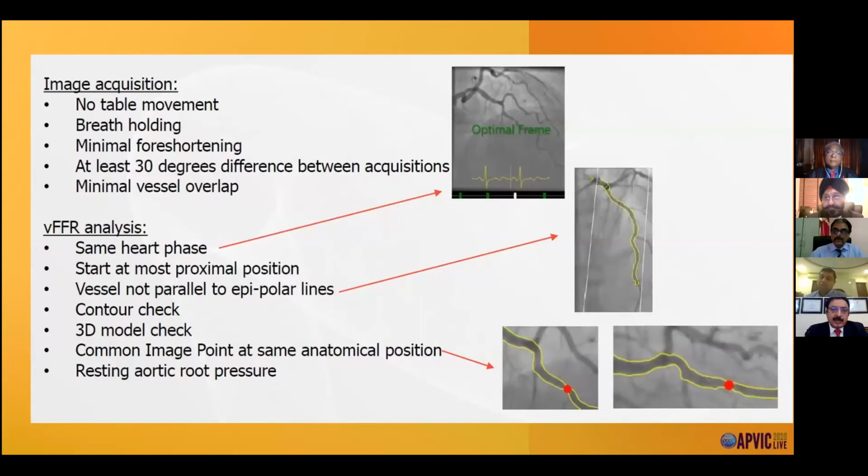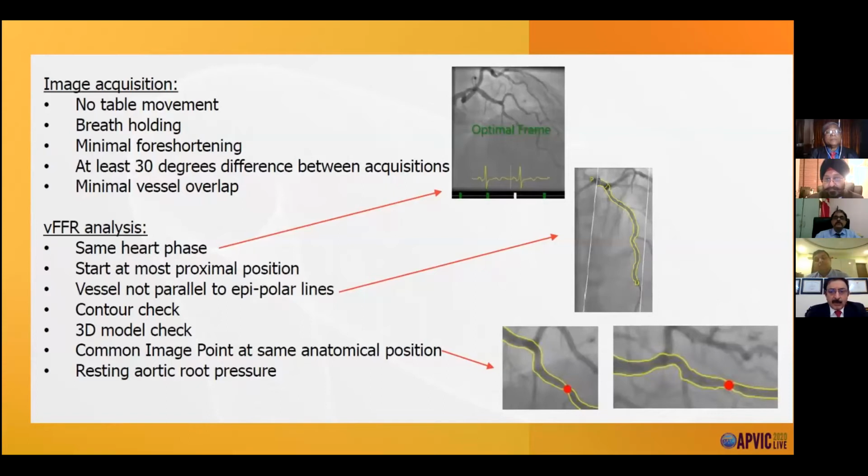And if you have a value less than 0.75 or 0.8, you think that this lesion is significant. There have been different trials, and the FAME trial has said that FFR-guided procedures lead to better outcomes in terms of MACE, and also restenosis and ischemia burden are decreased. But if the same thing can be done without putting in a wire and without contrast, that would be ideal, because you don't have to put in contrast, you don't have to do an adenosine injection for vasodilatation, and you don't have to put in a pressure wire, so you save money.